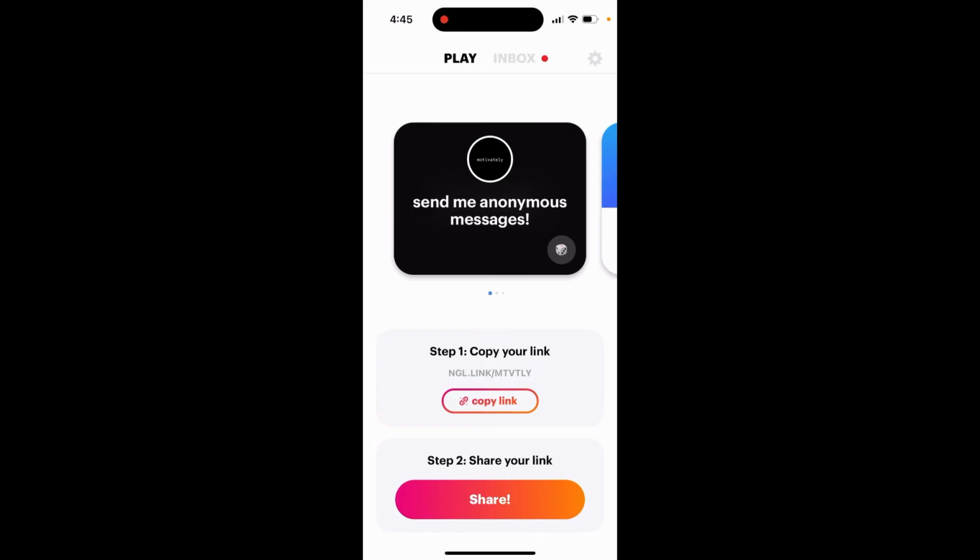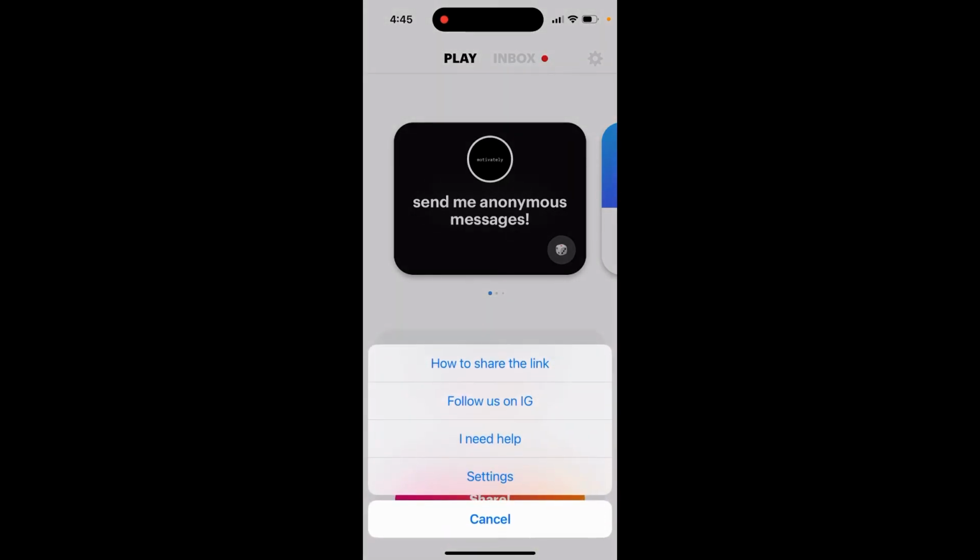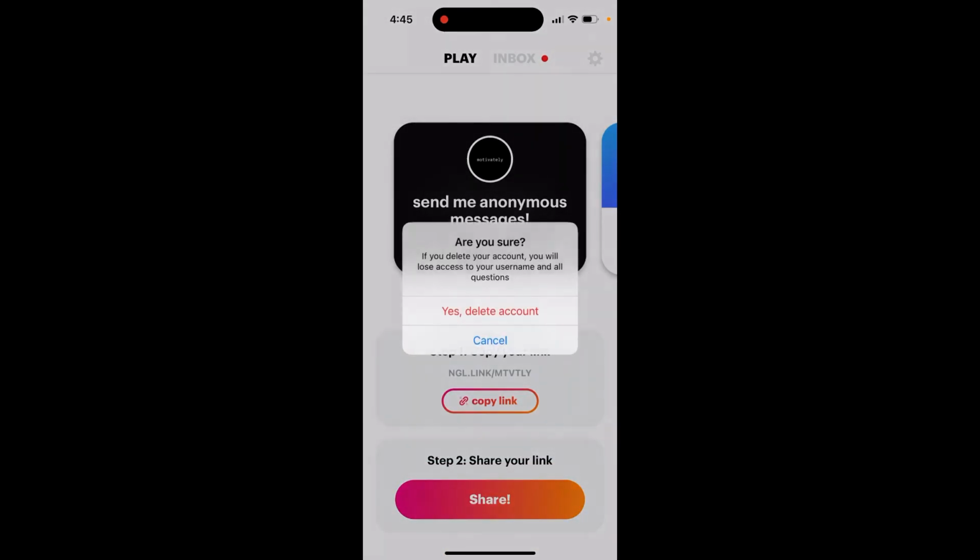So, if you've only removed the app or need to log in again, just use your Instagram username. But if you deleted your account through settings, you'll need to start fresh with a new link and lost access